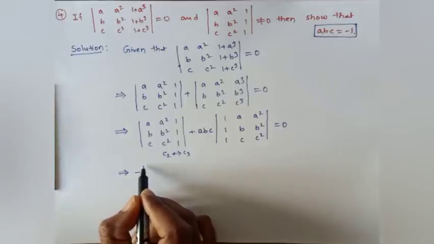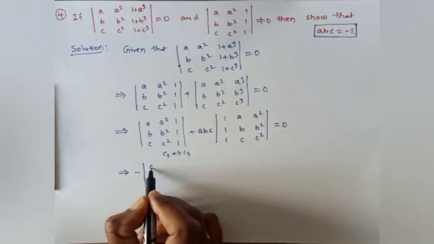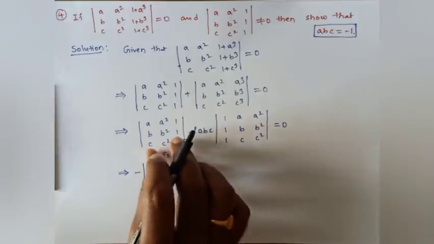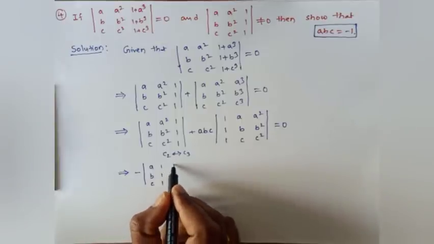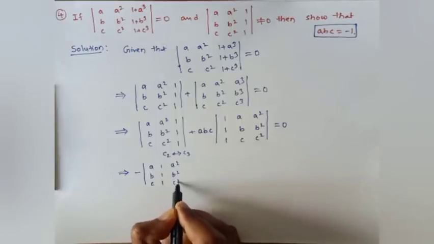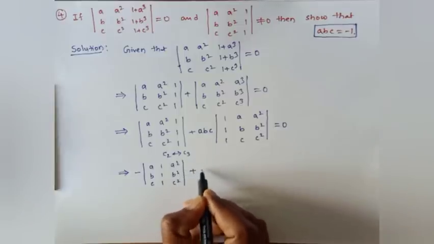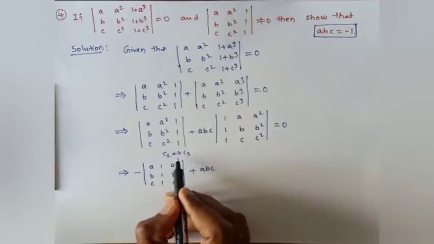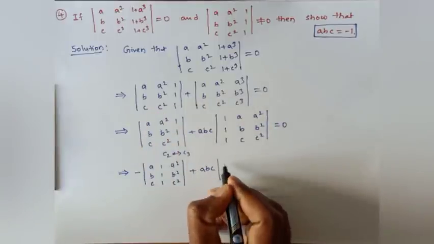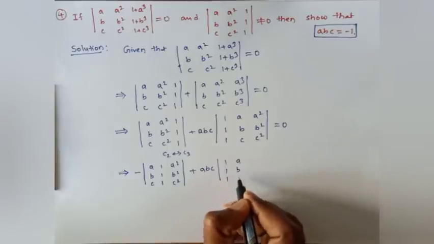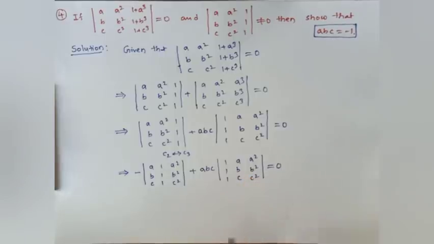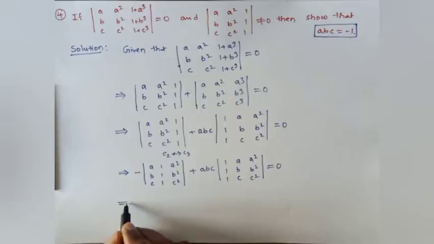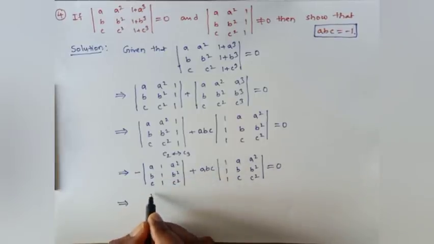So this is -1 times of, no change in the first column, a b c as it is. Here I am interchanging these two, so that 1 1 1, and it is a square b square c square. Okay, now this is as it is. So here I am applying this operation for only this determinant into, now it is 1 1 1, a b c, and a square b square c square is equals to 0. Next, this implies, again you can interchange these two adjacent columns. Here I am interchanging c1 and c2.